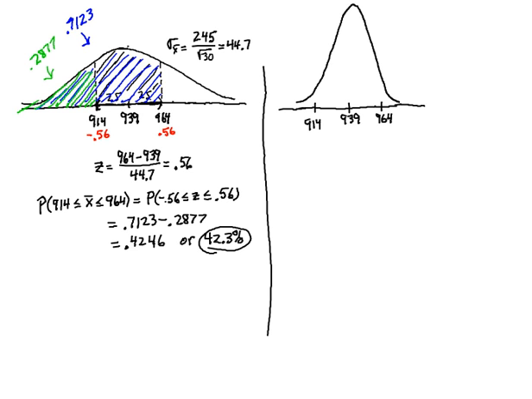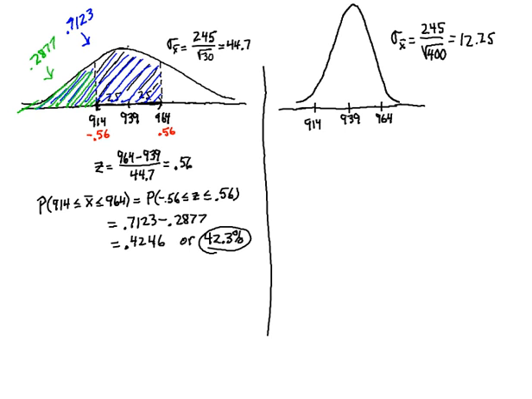Now let's do the same thing, except we're going to change the sample size to 400. So my standard error is 245 divided by the square root of 400. And that number is going to be quite a bit smaller, $12.25. So the standard deviation of my sampling distribution is